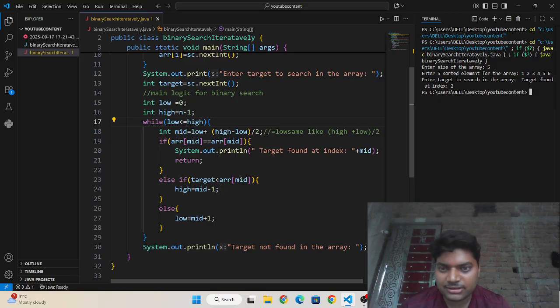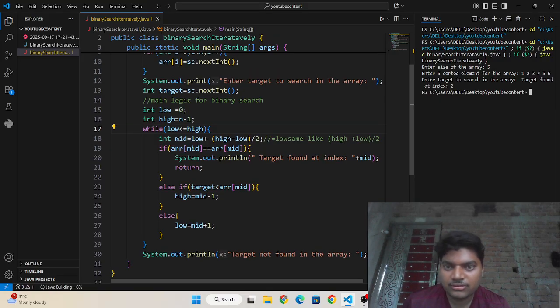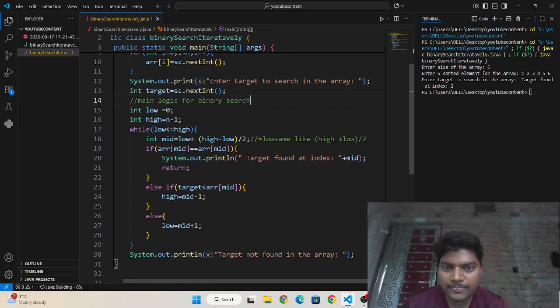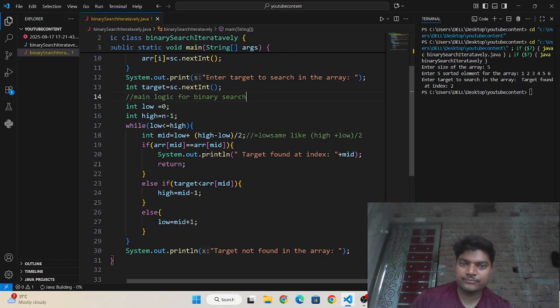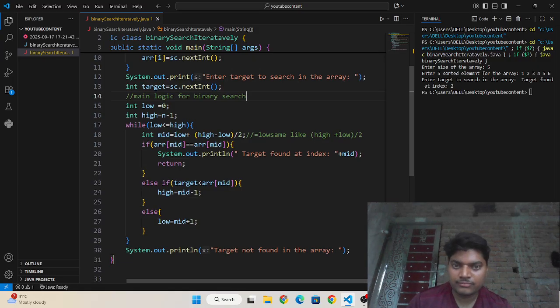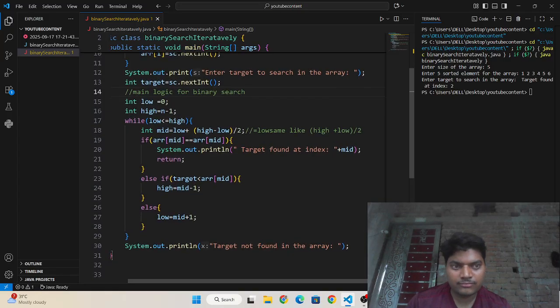Why it is saying like this? Target found at index 2.